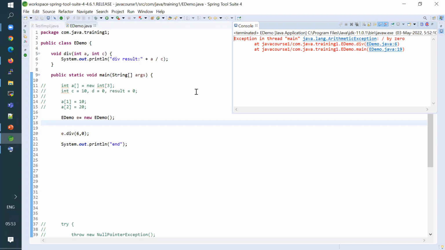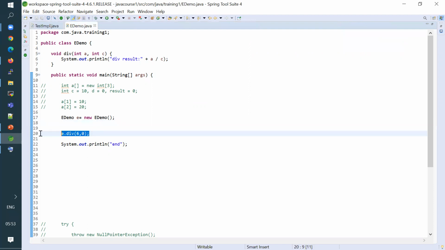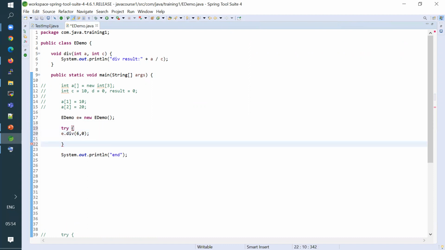Where will I put it? Right before you call the method. All right. So basically wherever I'm calling the method, not right before. So inside, I should enclose it in try catch like this. Okay.